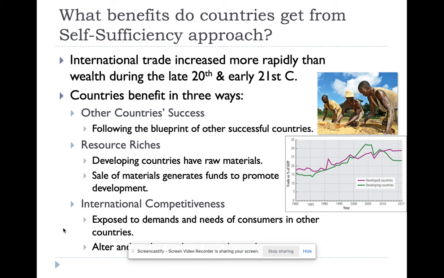When it comes down, though, to the difference between self-sufficiency and international trade, right? International trade is much better, right? Countries benefit in 3 ways, right? So you see, they follow this blueprint. They have a history of that. You see the development of raw materials that exist in many countries that are less developed, right? And then you see some international